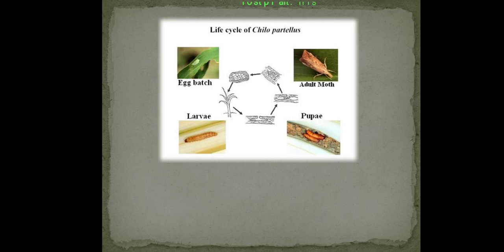The young caterpillar feeds on tender leaves for a day or two. The adult lives for 2 to 4 days. The pest is generally active from June to November, and about 4 generations are completed in a year. The pest hibernates in the larval stage in stubbles during the unfavorable period.